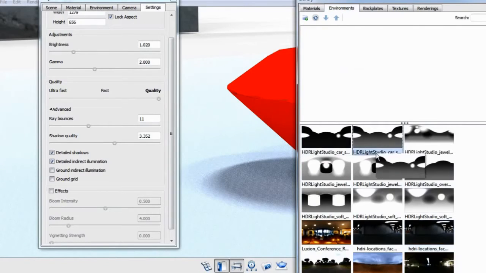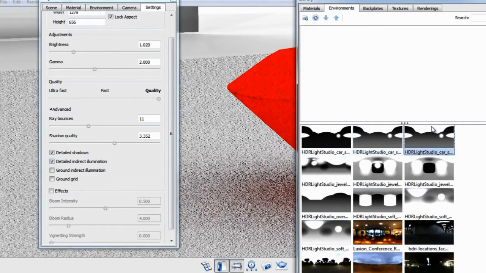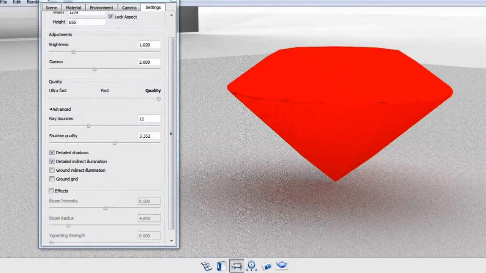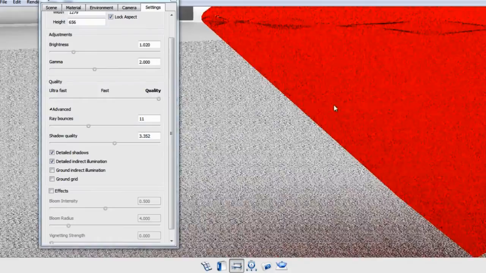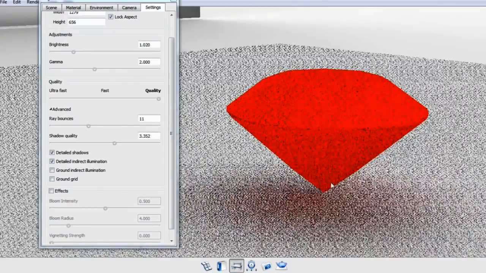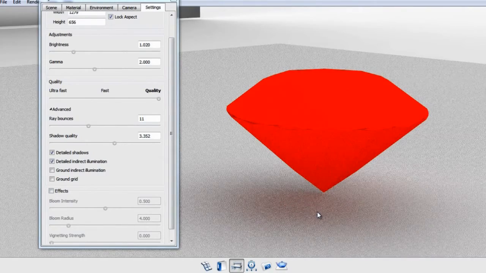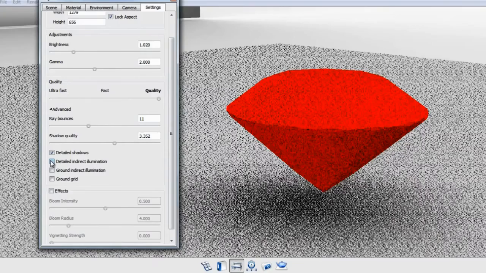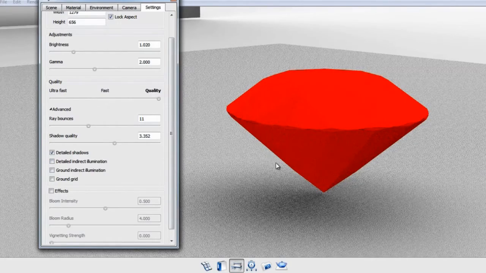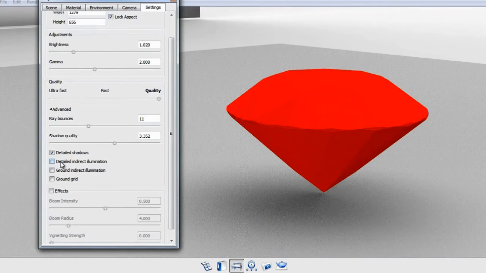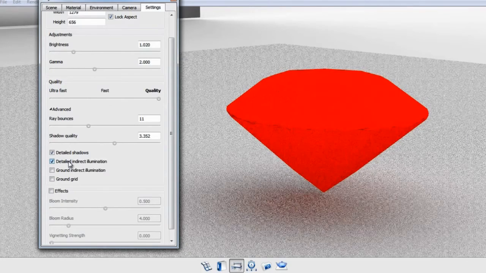I'm going to switch out the environment really quick to something that's neutral. That other environment had a lot of color in it, so it was affecting the look of that red light being reflected. But here you can really see it in this neutral environment. If I turn off Detailed Indirect Illumination, notice we don't have this indirect light bouncing occurring. We don't have light hitting this object and then reflecting down onto the plane. This does occur in the real world. There's lots of light bouncing and color exchange between surfaces,